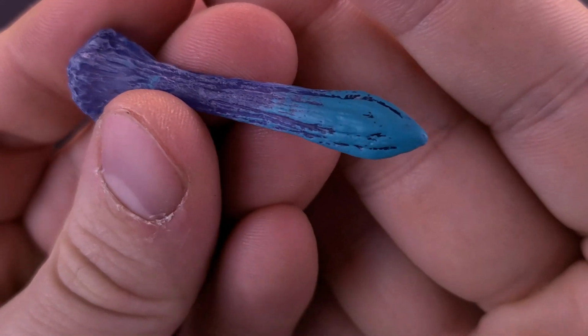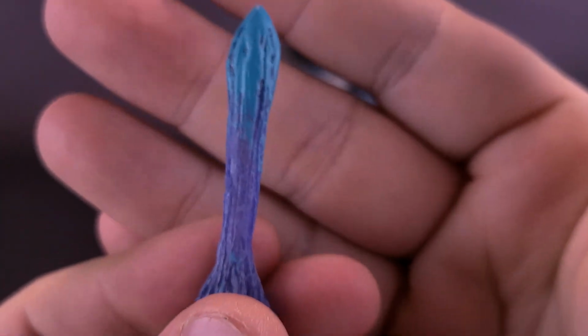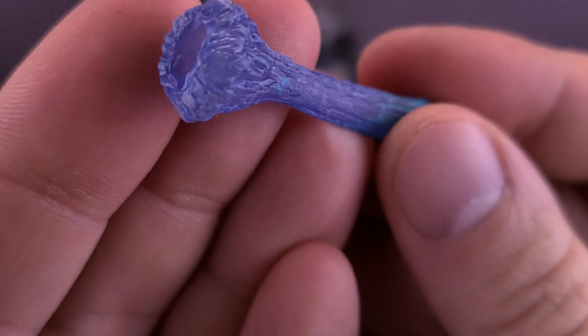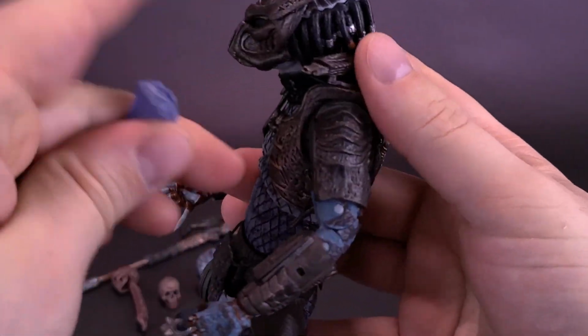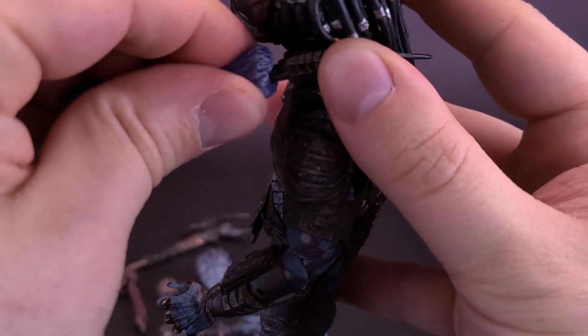It's done here in a translucent blue. It kind of looks actually like a lollipop. Painted on the end is a brighter blue, but most of it is actually more of a translucent blue. And you can see the very obvious entryway, the slot on the bottom of it. Move the head just out of the way, and this plugs onto the top of it, just